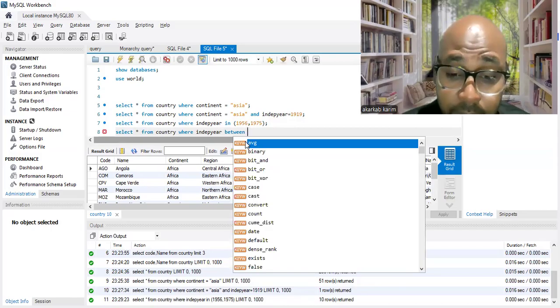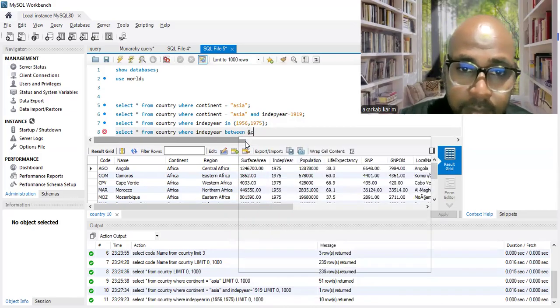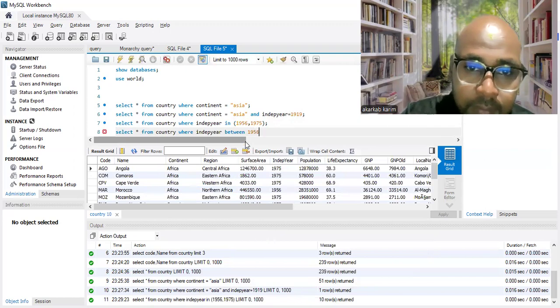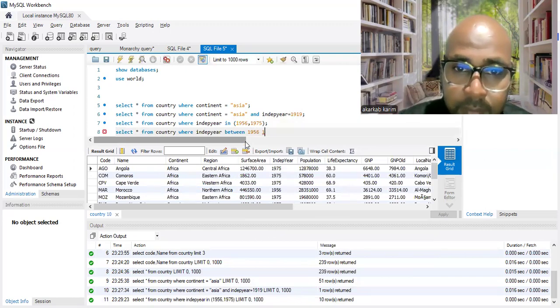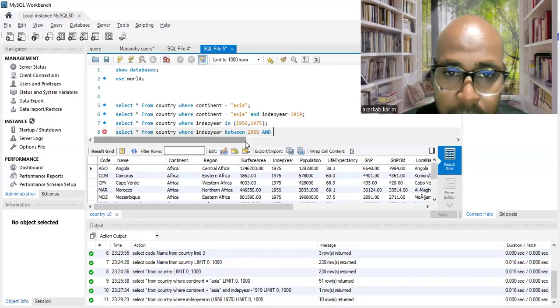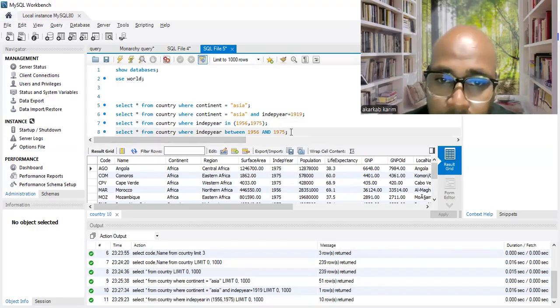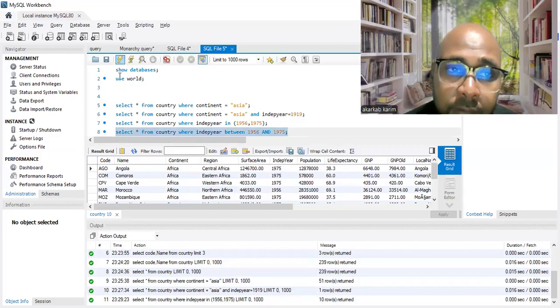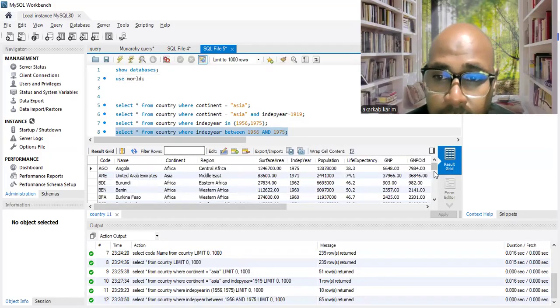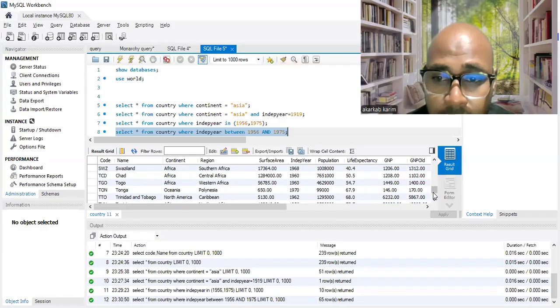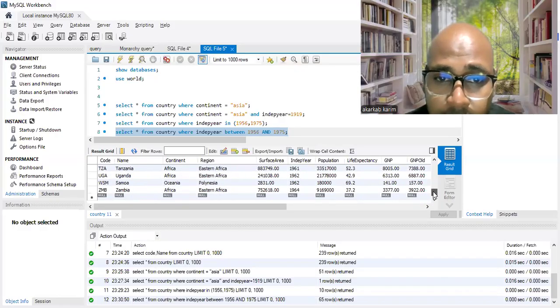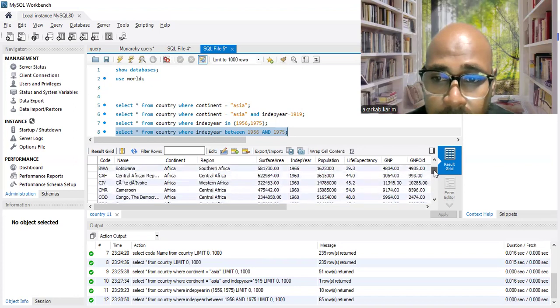So I'm taking the same values here, and 1975. I need to return the countries between this range of independence years. If I run this, I get all the values we have here between 1956 and 1975.